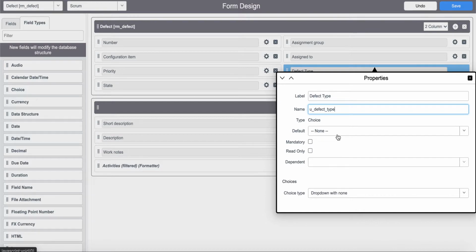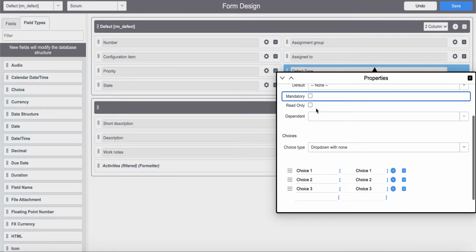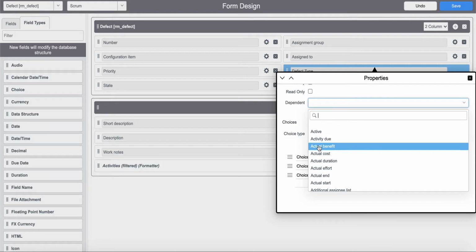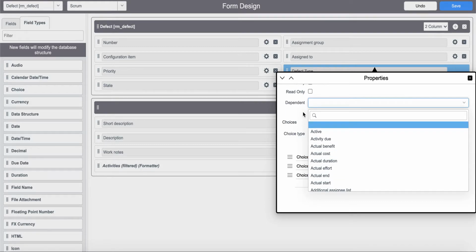Then the default, if you would like to have a default, you can do that. If it is mandatory, you can make it mandatory from here, which means you don't need to write a script or UI policy to make it mandatory. If you want to make it read only, you can do so as well by just clicking this one. If it is dependent on another choice table or another field, you can do so here if you would like,